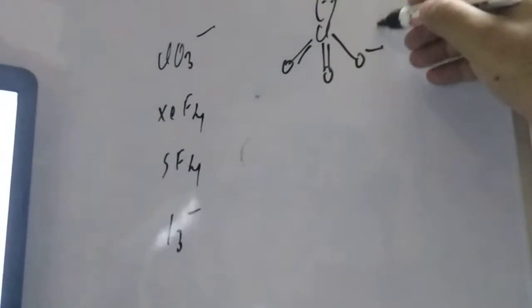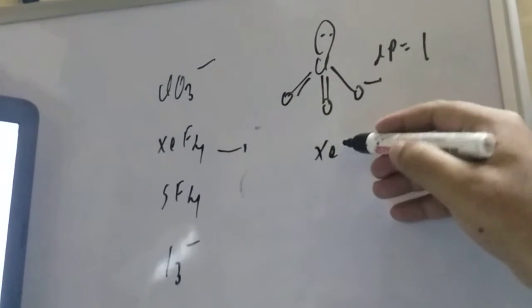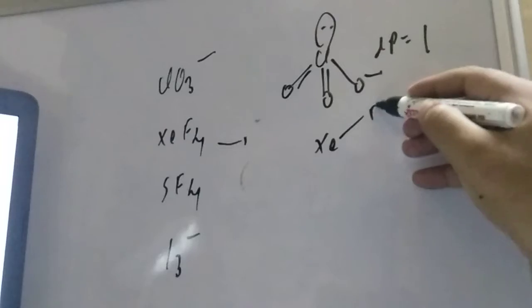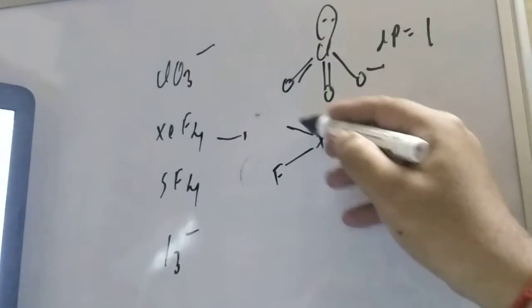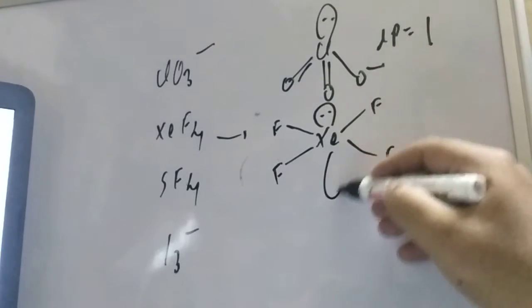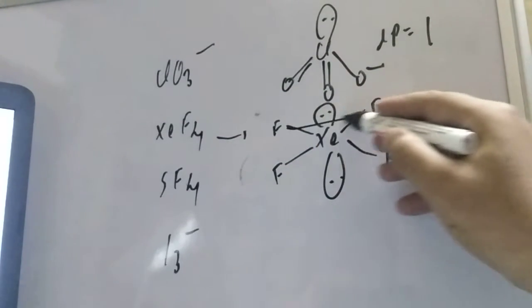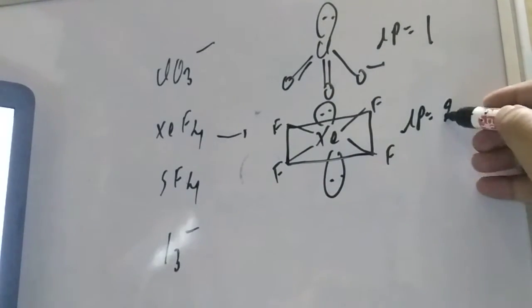Okay, so lone pair electron, if you talk about this, it is 1. And XeF4, if you talk about, student, 8 electrons are there. I am doing a little fast, student. If you are not able to understand, you can ask again. F is there, here is also F, and here is F. So here, the lone pair electrons will be one down and one up. So total electron pair, if you talk about in this molecule, the lone pair electron is 2.